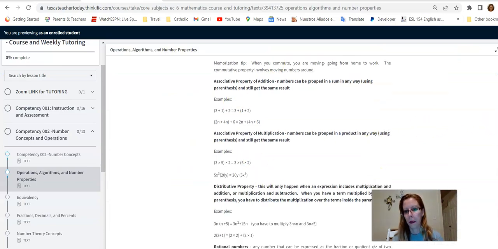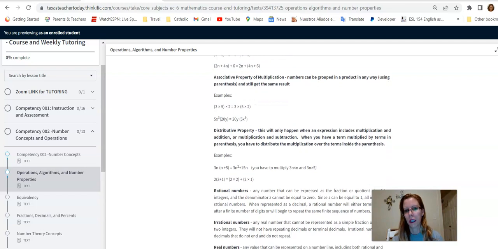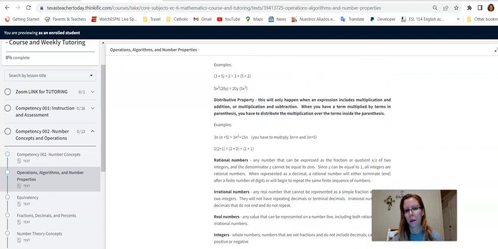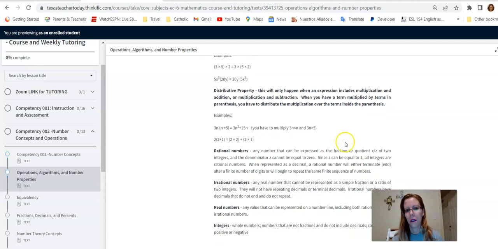It will only happen when an expression includes multiplication and addition or multiplication and subtraction. Here's another example with just numbers. 2 times 2 plus 1 is 2 times 2 plus 2 times 1. So it would be 4 plus 2, which is 6. Another way to do that would be 2 times 3, right? Which is also 6. So those are the properties you have to know, and I try to do it in